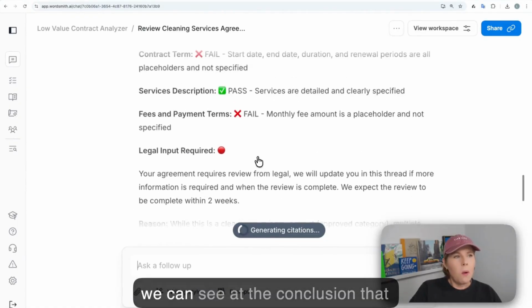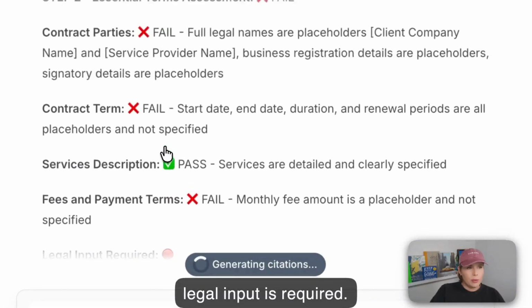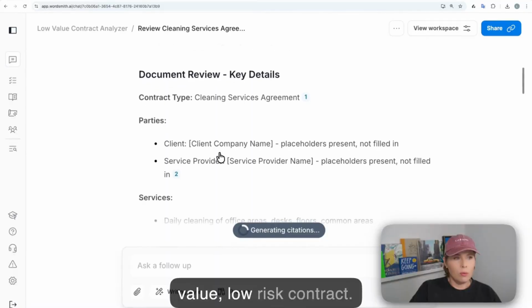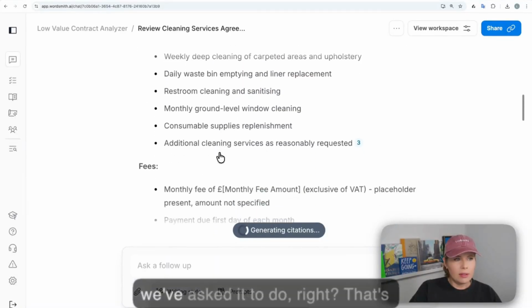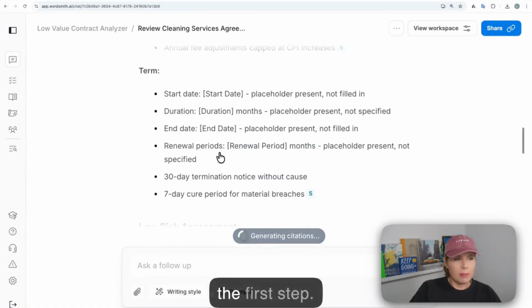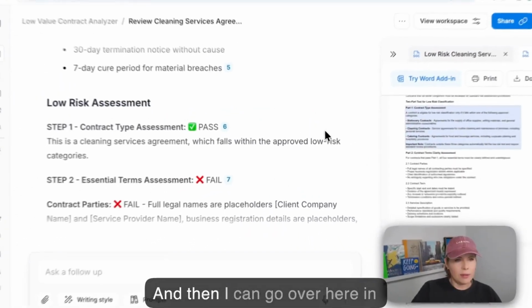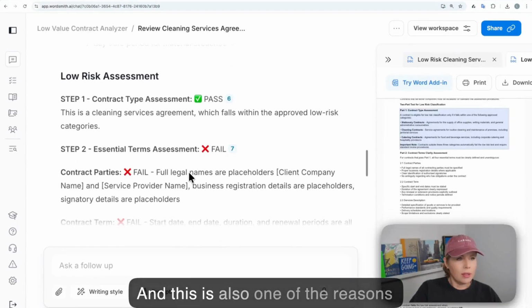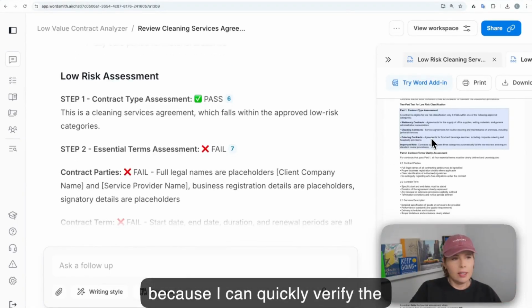So here we can see at the conclusion that legal input is required. Now, this is supposed to be a low value, low risk contract. And so here we go. We've got the key details that we've asked it to do, right? That's the first step. And then here's the risk assessment. Contract type, it passed. Great. And then I can go over here in citations and double check that the AI got that correct. And this is also one of the reasons I really like using Wordsmith, because I can quickly verify the information